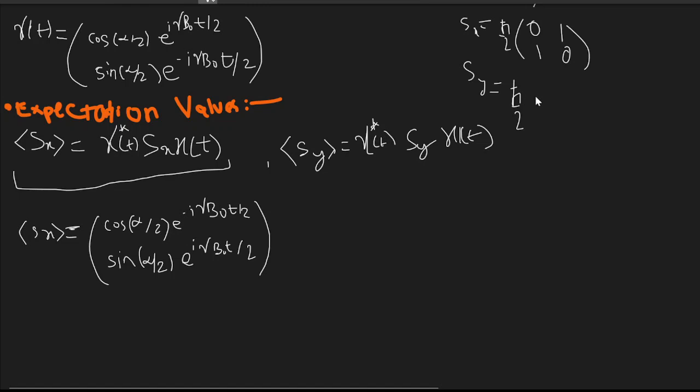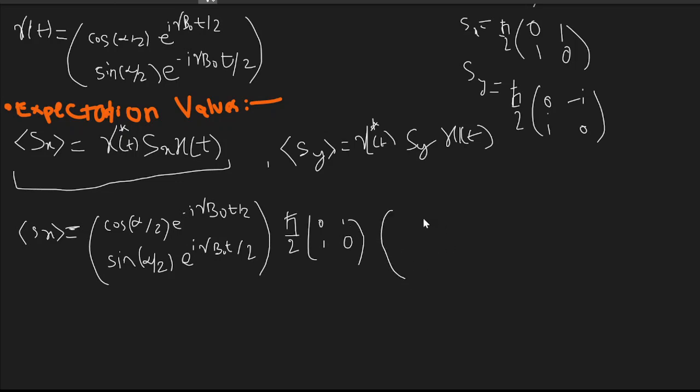I guess here it will be okay. Formula is 0, iota, negative iota, 0. So this is for our y case. So I'm calculating it for the x case here. So I have to put down this particular Sx here, which will be h bar divided by 2, 0, 1, 1, 0. And again, you have to write down the spin states, which is cos alpha divided by